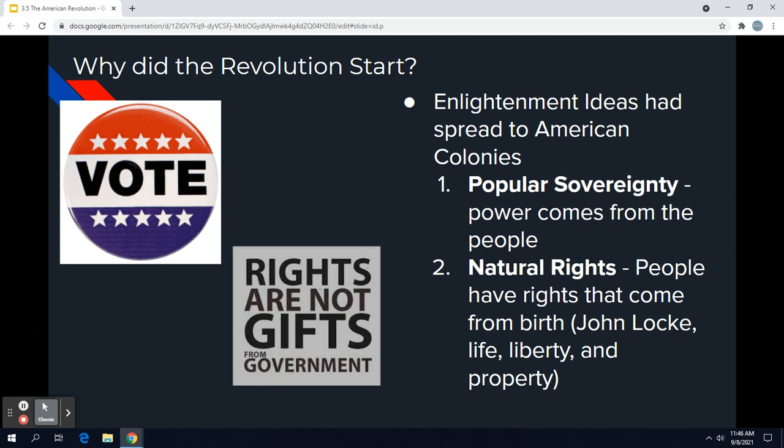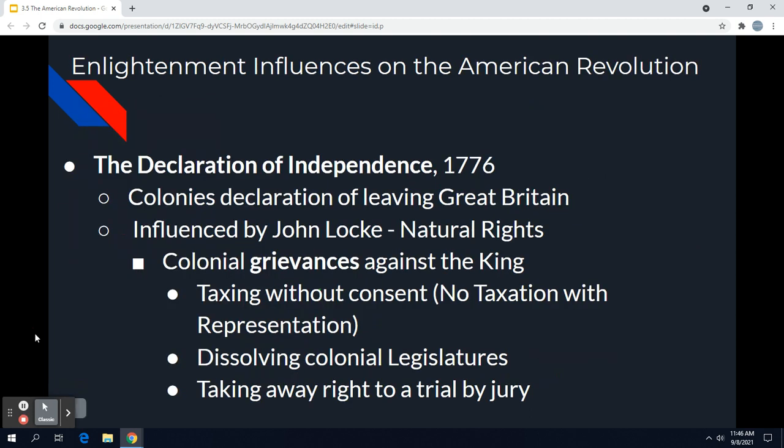Second is natural rights, that people have those natural rights from birth that cannot be taken away. And by the king essentially taking their property through taxes they didn't approve, they felt like their natural rights were being infringed upon. And this really begins to spread throughout the colonies. It begins to build a common American identity and will eventually lead to the revolution. So it all kind of boils over in 1776 with the colonies finally writing the Declaration of Independence and sending